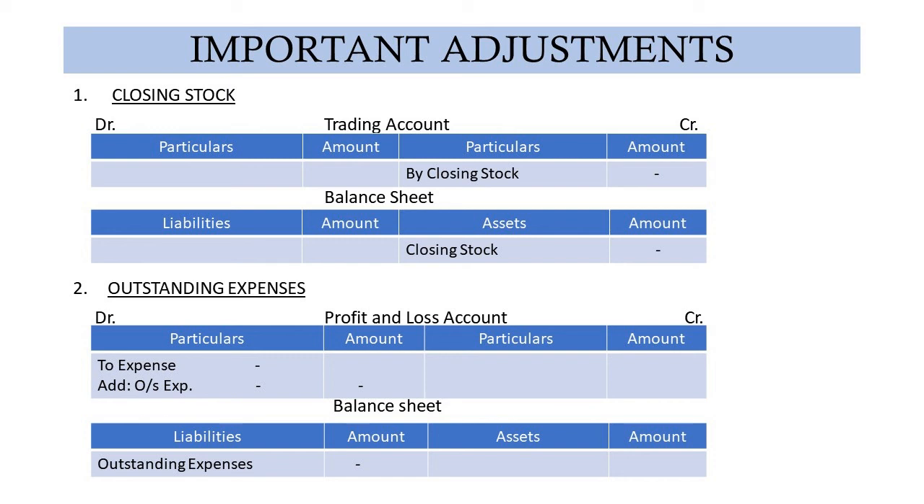Next is outstanding expenses. Now outstanding expenses are the expenses which should have been paid during the current year but were left unpaid by the business for one reason or the other. Now the accounting treatment of such expenses will be, first they will be added to their particular expense on the debit side of trading and P&L account, and secondly